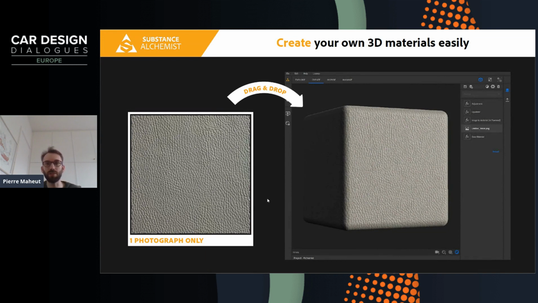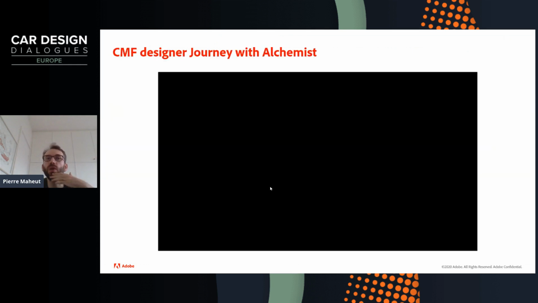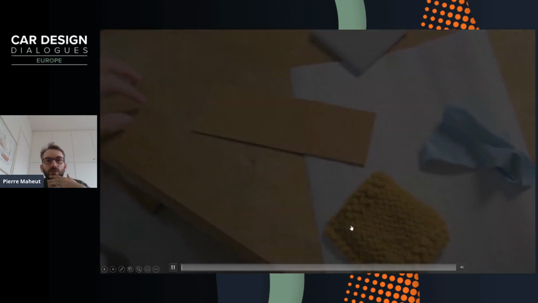We are here to expand the real world with virtual capabilities. And here the idea is taking one picture and then being able to use it to generate variations, to add embossing, etc. So here I have a short video of, I would say, a color material and finish designer journey